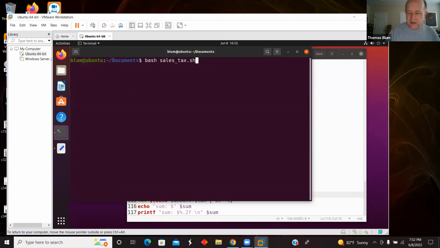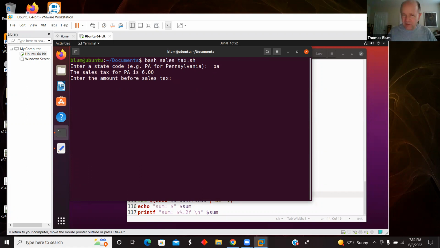I run my script. I'm going to type space PA space to show I don't have to worry about the spaces. I don't have to worry about the small letters. It read automatically got rid of my spaces. I had the code to turn small pa into capital PA. It went through my case statement, found the case that corresponded to what the user entered, PA, and the state tax is 6. And I'm going to enter some amount of a bill, I don't know, 45.67,